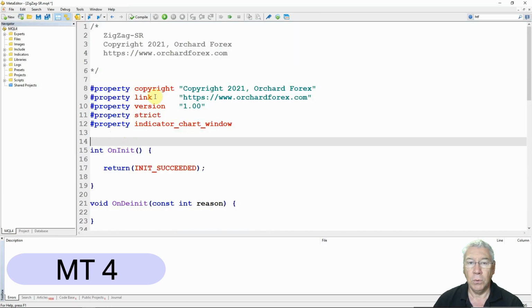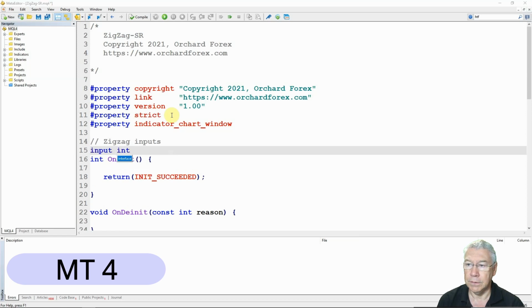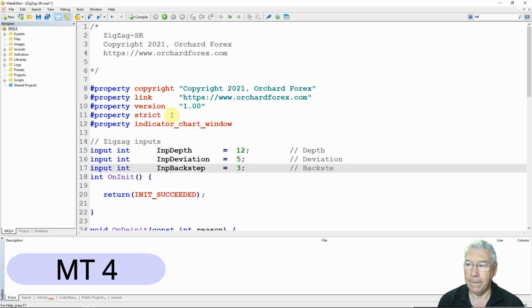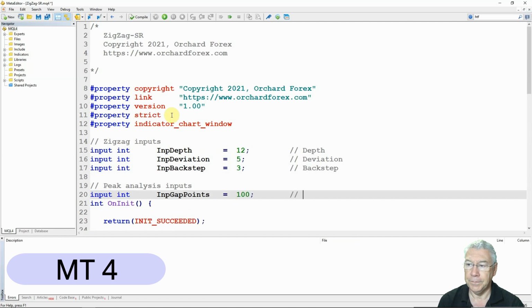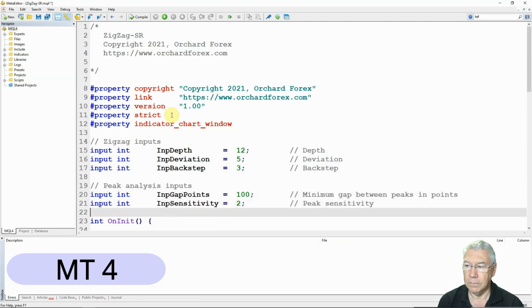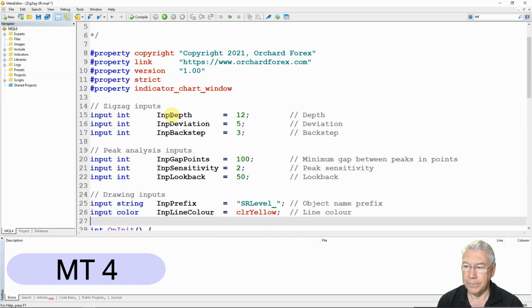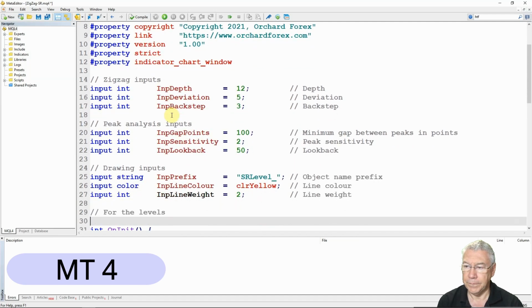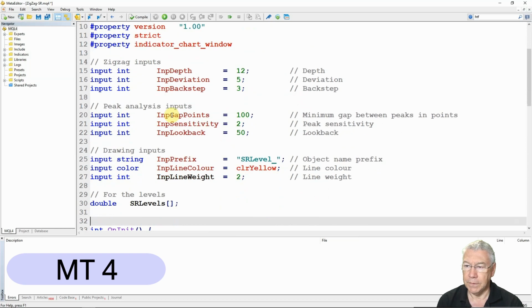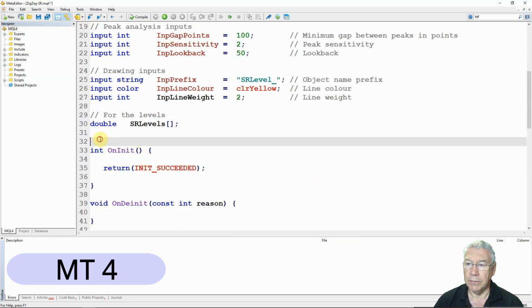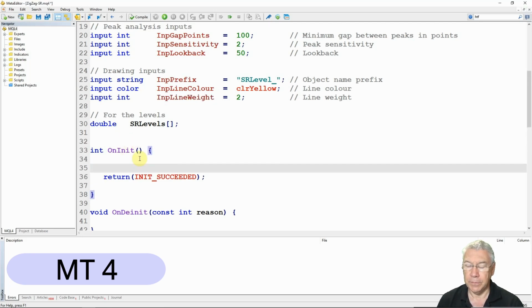All right, in MetaTrader 4 here, so ZigZag inputs, so everything in the initialization section is the same for MetaTrader 4 as well. And you can see here the only thing I've left, I haven't set up the handle or the buffer to the ZigZag because we don't need those for MetaTrader 4. And in the on init section for MetaTrader 4,